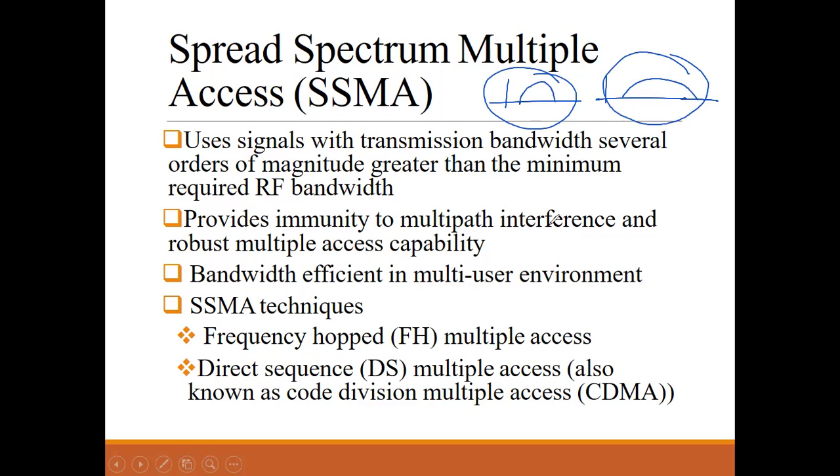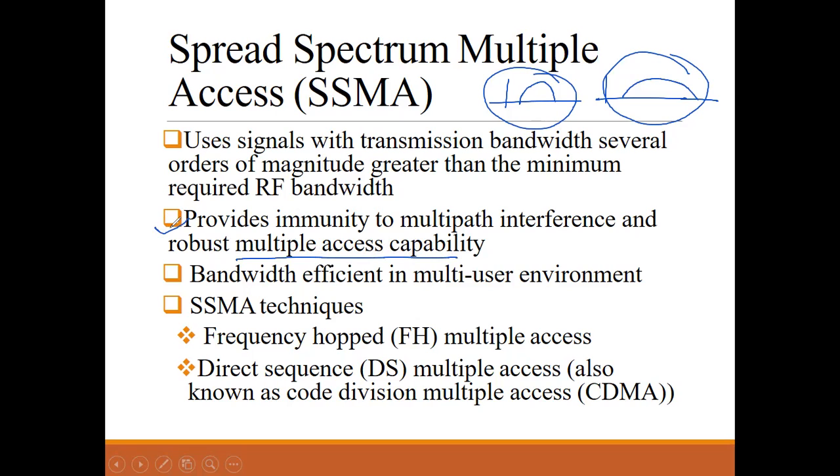Okay, so this converts a narrow band signal to a wide band noise-like signal before the transmission. Here, this provides immunity to multipath interference and robust multiple access capability, because, as we know, in communication we need multiple access since there are a number of users available.